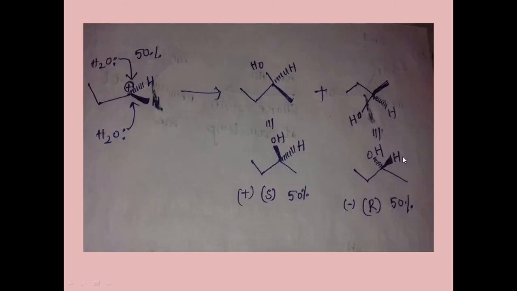This is also SN2. In the previous video I said, where there is a carbocation, it can have a planar structure, right? A planar carbocation can be attacked from the back side as well as the front side by the incoming group. So these are the products we will get. Okay, plus or minus, that can be a racemic mixture.